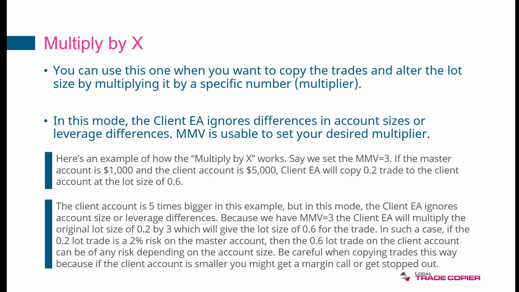In such a case, if the 0.2 lot trade is a risk of 2% on the master account, then the 0.6 on the client account can be of whatever risk, depending on the account size. So I can't answer that. We have to know the account size of the client. So in this case, we know it's 5,000, so we can calculate it. But in any other example,